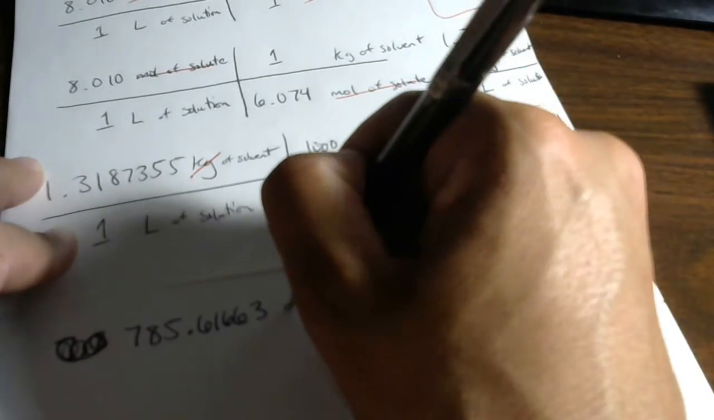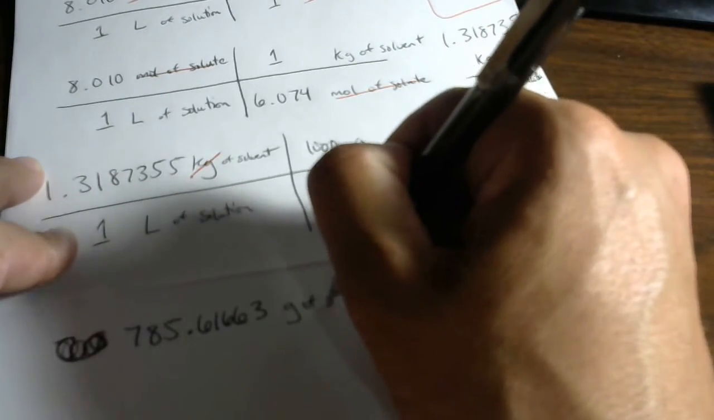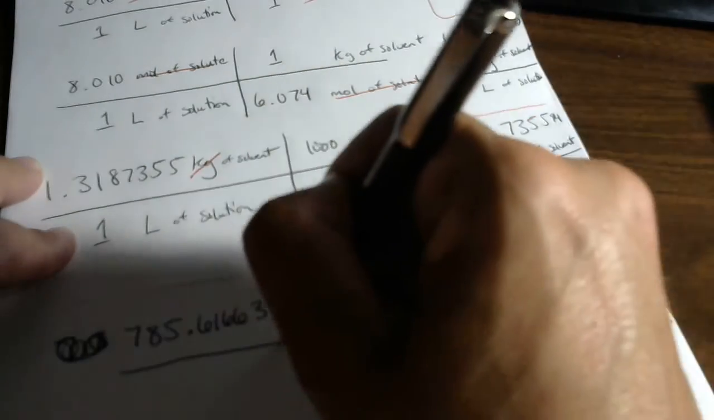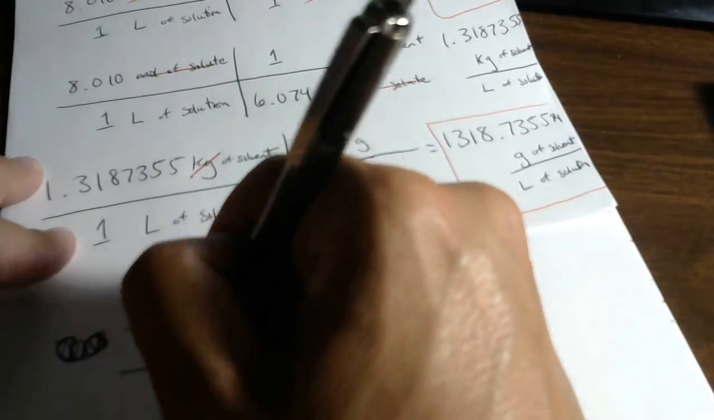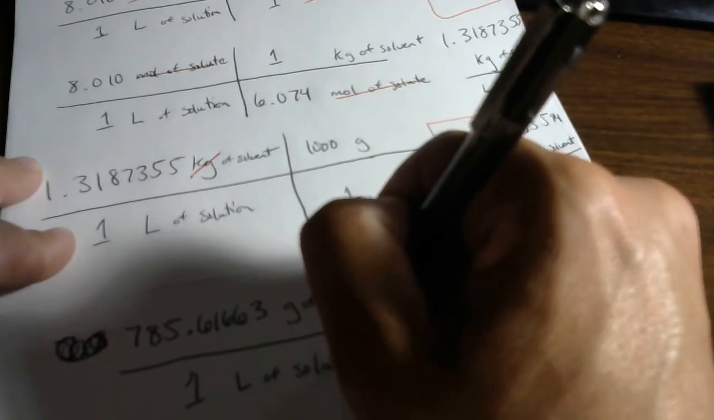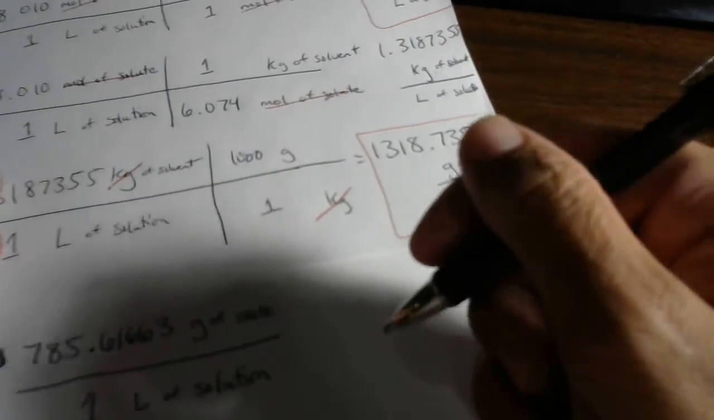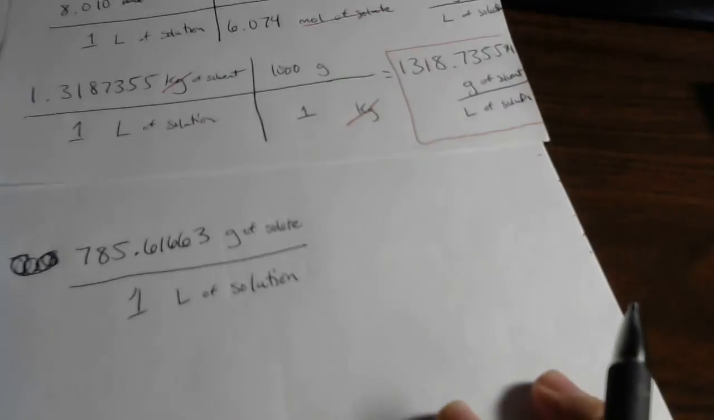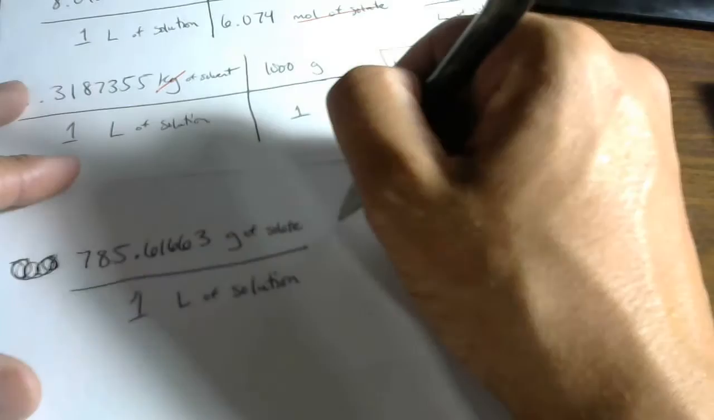785.61663 grams of solute over 1 liter of solvent, 1 liter of solution. So it's hard to keep straight when you're talking about it, okay? Excuse me. We're going to add those to that in our